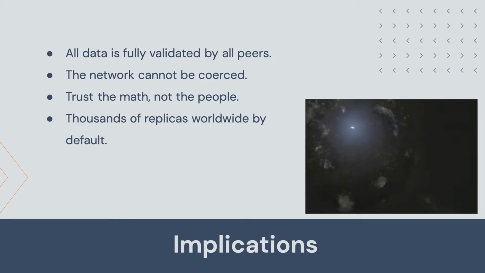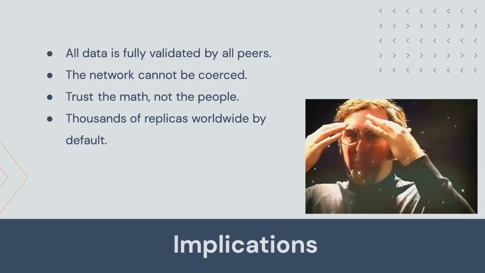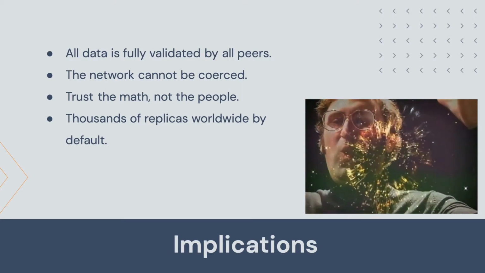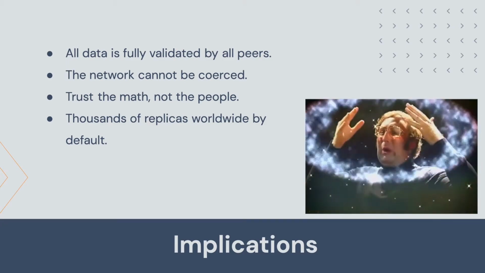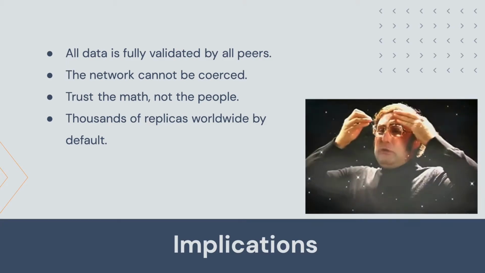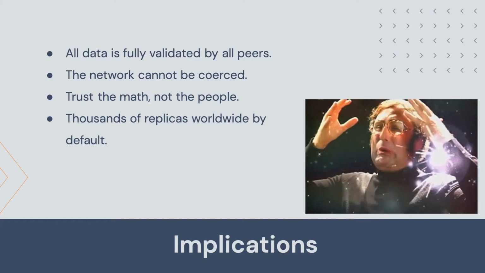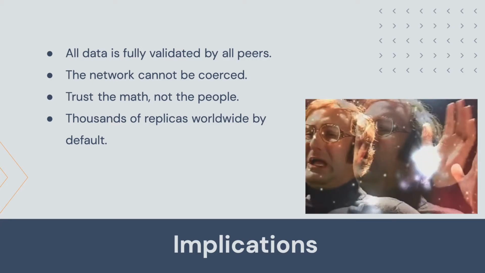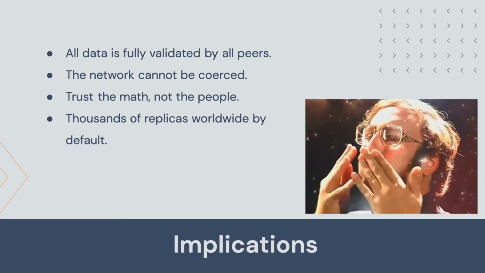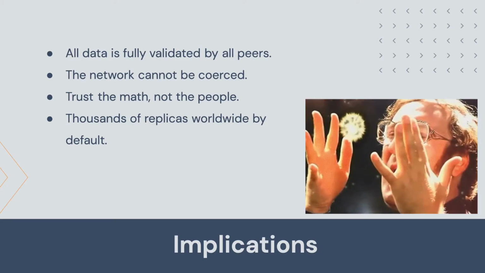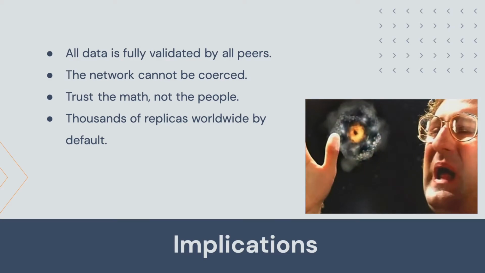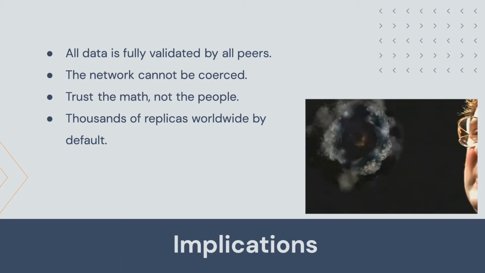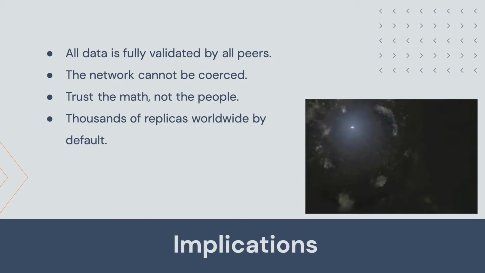The number three, you can trust the math and not the people. As much as we love humans, all humans have incentives to lie and cheat. As we have had to trust the maintainers of a system that they are delivering us the truth. As an example, remember in any country, especially in ours, the COVID case count. There's always the lingering doubt in our minds that our government is fudging with the COVID case count and the infections in order for political gain or to make themselves look better.